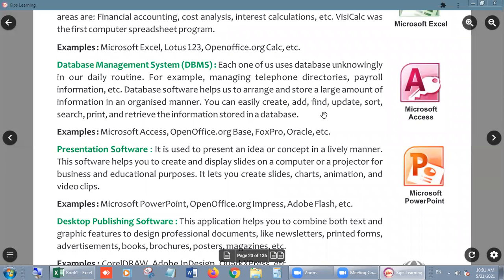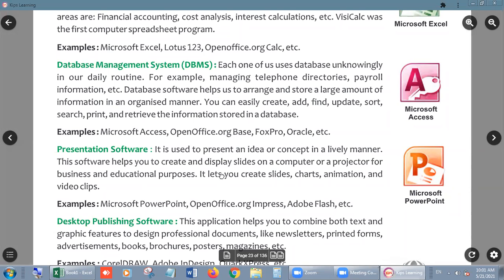And if you store the data once in the computer, in the database, then you can see it anytime, after so many years, no problem at all. Whenever you need it, you can see the data and use that data after so many years also. Then the examples of it: Microsoft Access, मैंने बताया कि ये तो आपका MS Office के साथ ही आता है. Then OpenOffice.org, इसमें क्या नाम है इसका, Base, right? And FoxPro, this is the oldest version of it. Oracle, we can use it also, right?